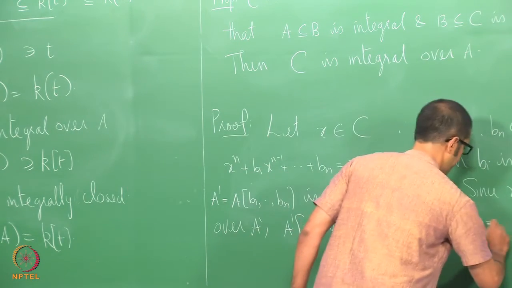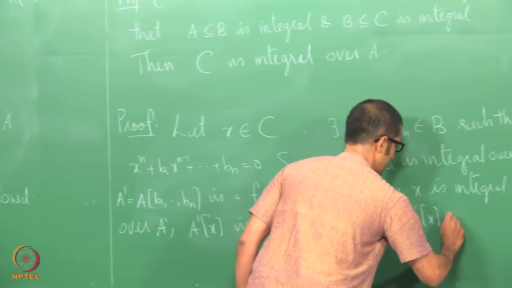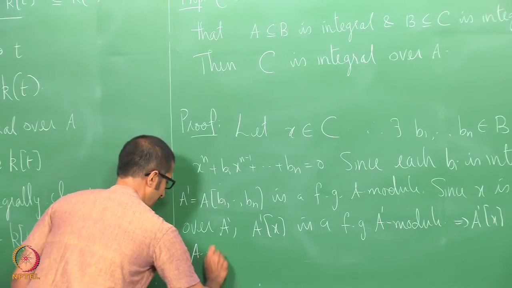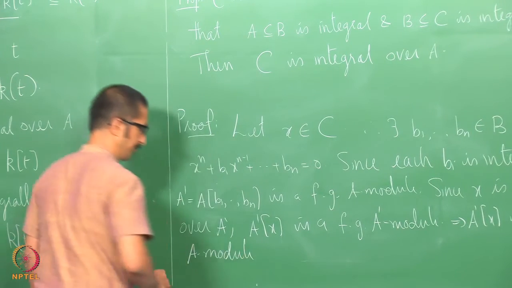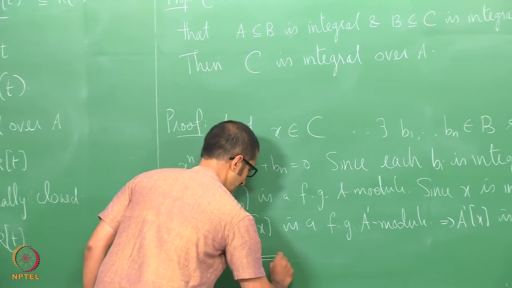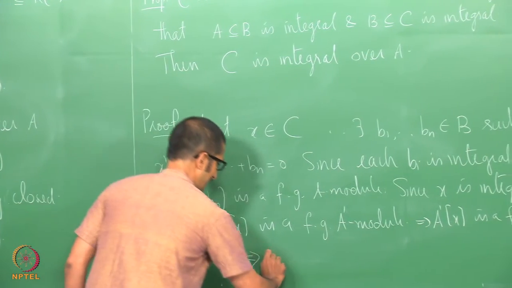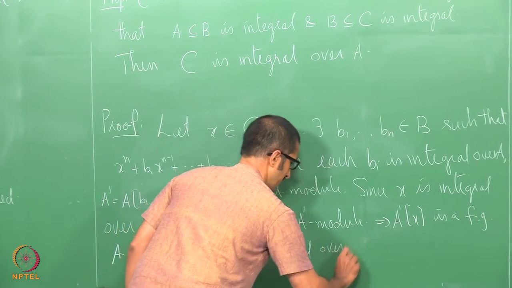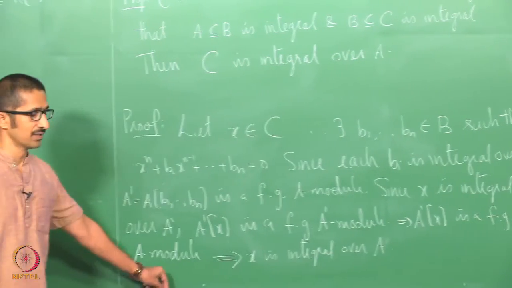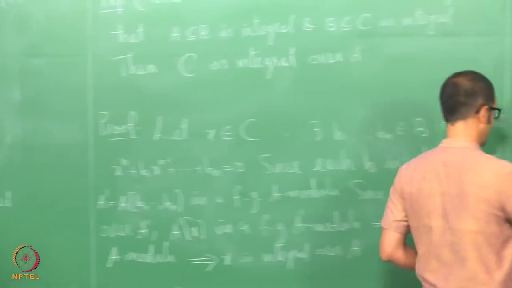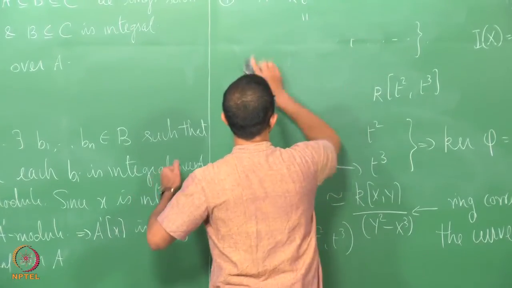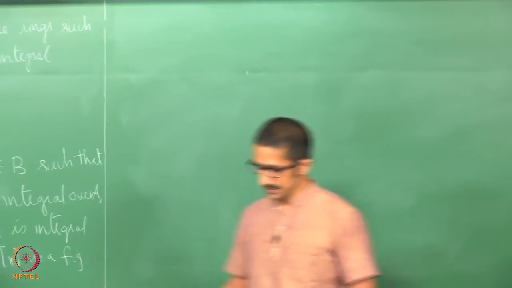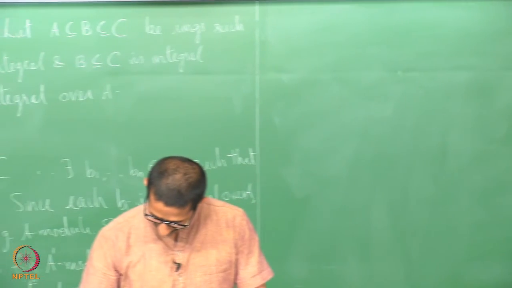Therefore, A prime x is a finitely generated A module, and that implies that x is integral over A. So, what we have shown is that every element in C is integral over A. So, this is called Tower law,